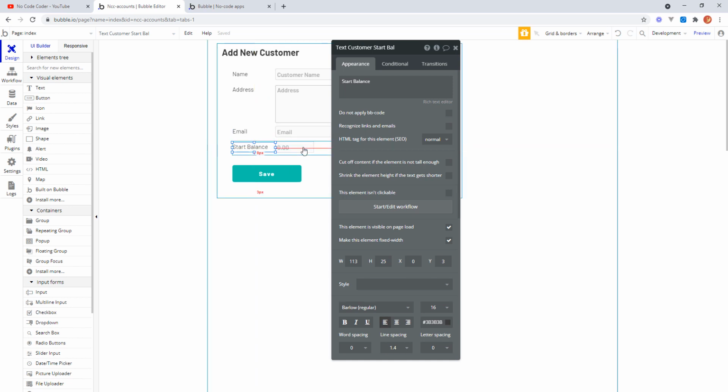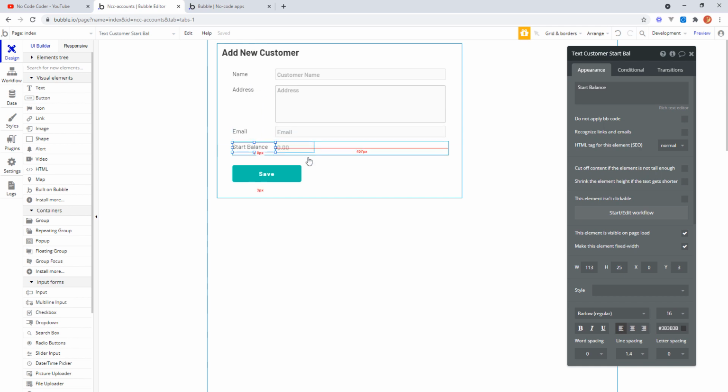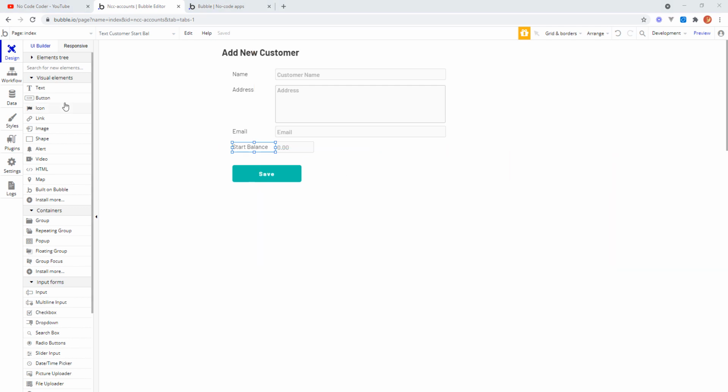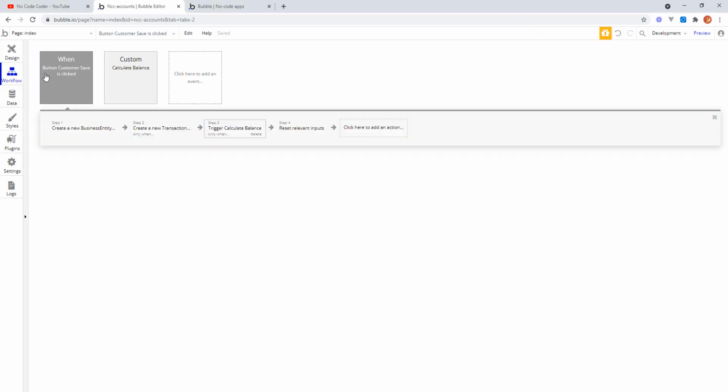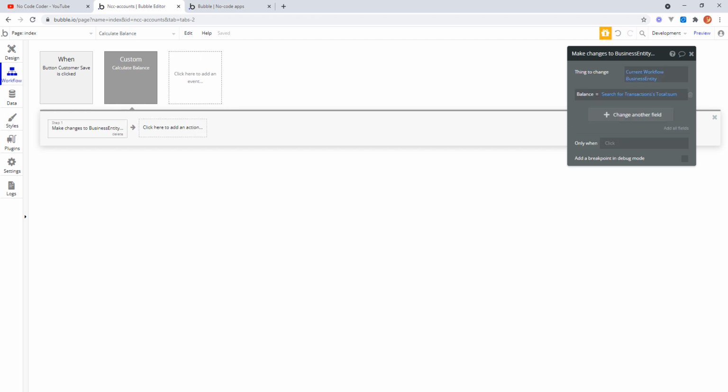What I want to do next is to deal with this issue whereby if a customer's got a minus value, a credit value, that it will create it correctly. And there's quite a few things we need to do to get that to work in our app. So the first thing that we need to do with that is to take a look at how we're presently calculating that balance. So in the workflow, when we calculate the balance, what we're doing is we're searching for transactions